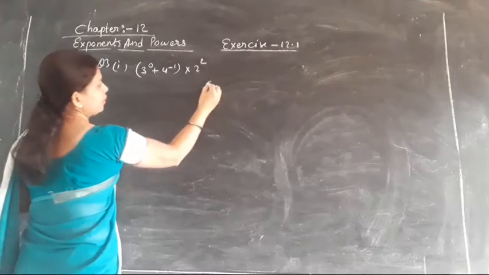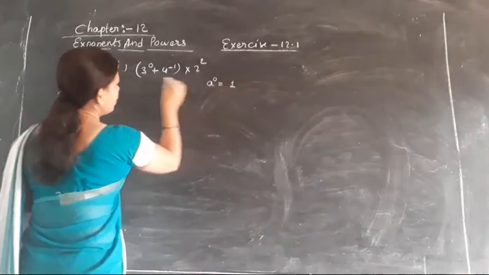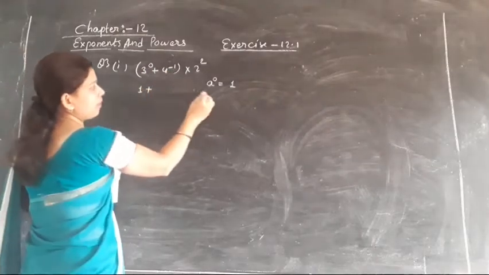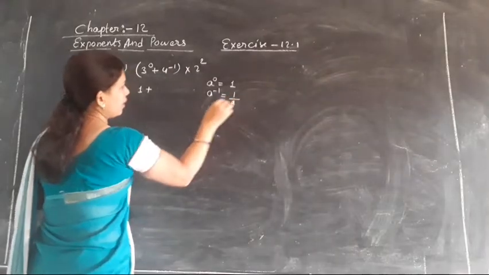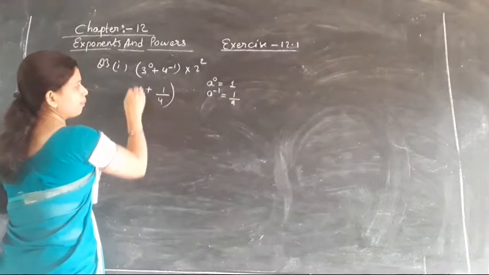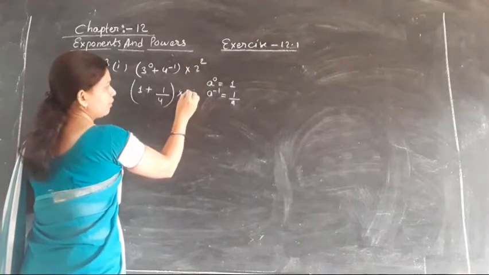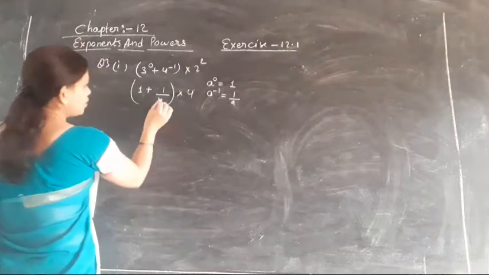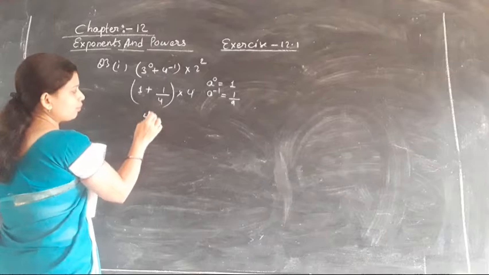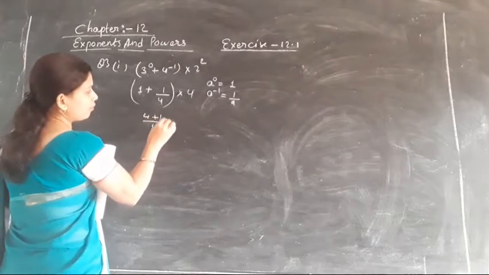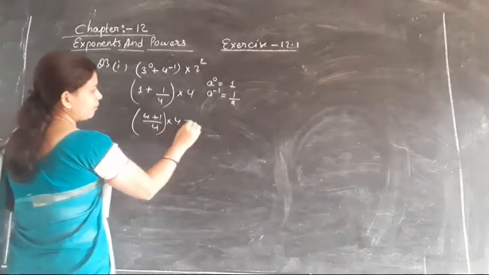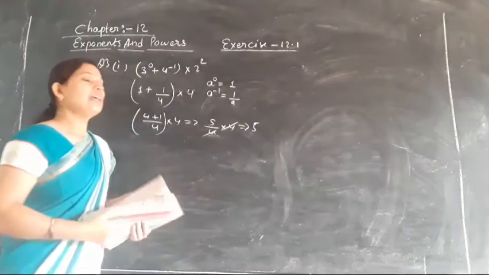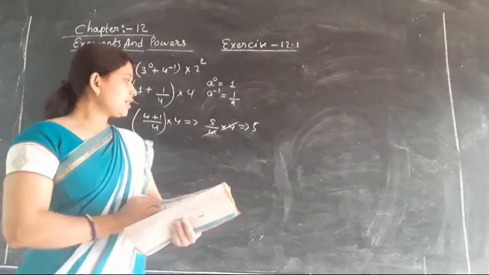As you know, using the law of exponent, a to the power 0 is equal to 1. So here we can see that 3 to the power 0 will become 1. Then a to the power minus 1 is 1 upon a. So here we can use the law of exponent: 1 upon 4 into 2 to the power 2 we are having. So 2 into 2 will become 4 over here. As it is said to find the value, we have to simplify, isn't it? So here, transposing, it will become 4 into 1, that is 4 plus 1 upon 4 into 4, isn't it? So here it will become 5 upon 4 into 4. So 4 from the numerator and denominator will get cancelled. Here you will get the answer as how much? That is answer as 5.